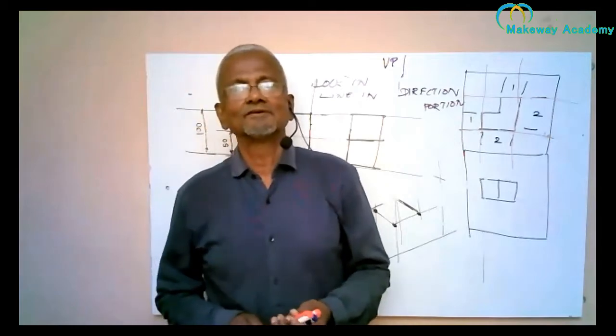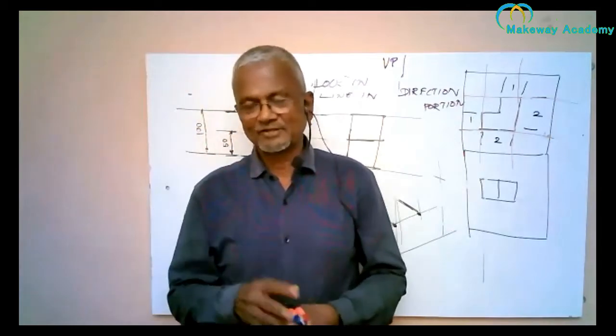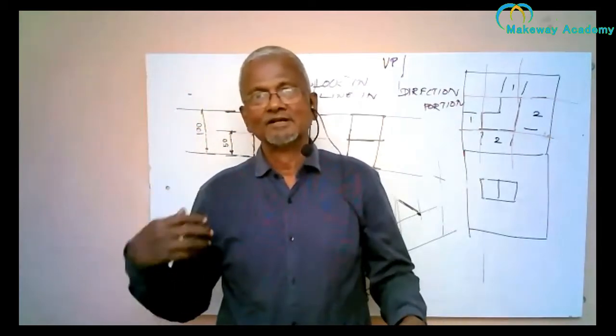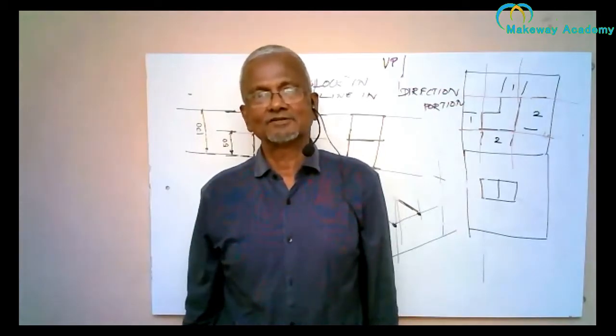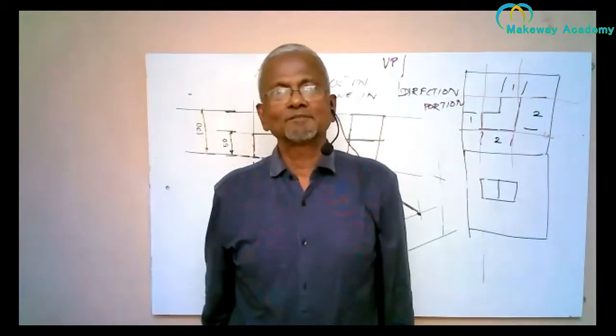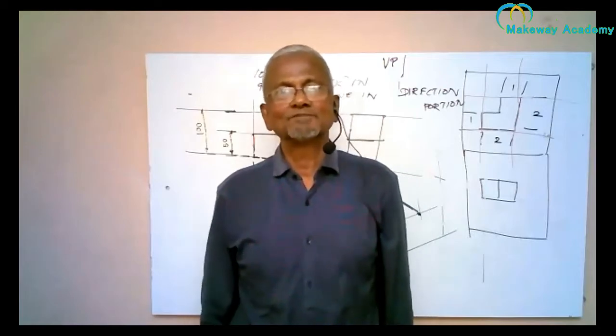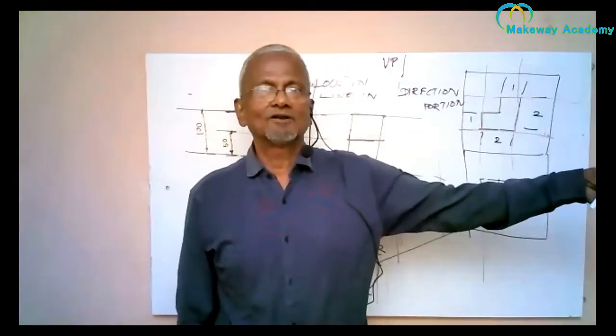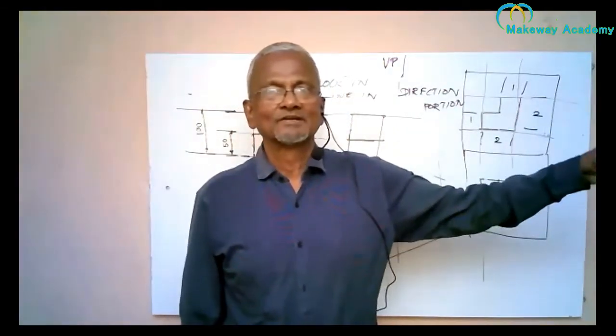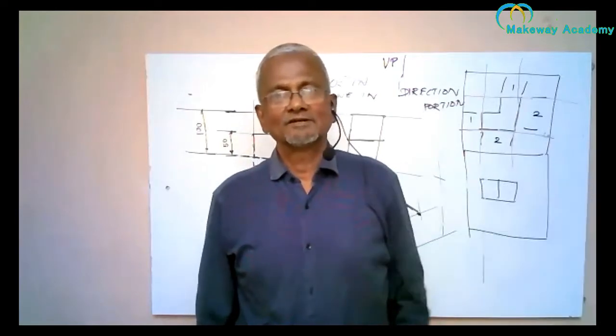So in engineering, we use three planes, a horizontal plane and a vertical plane. The floor on which I am standing is the horizontal plane. The board behind me is the vertical plane. They are mutually perpendicular to each other. There is one more wall to my left. So that is called the auxiliary vertical plane.